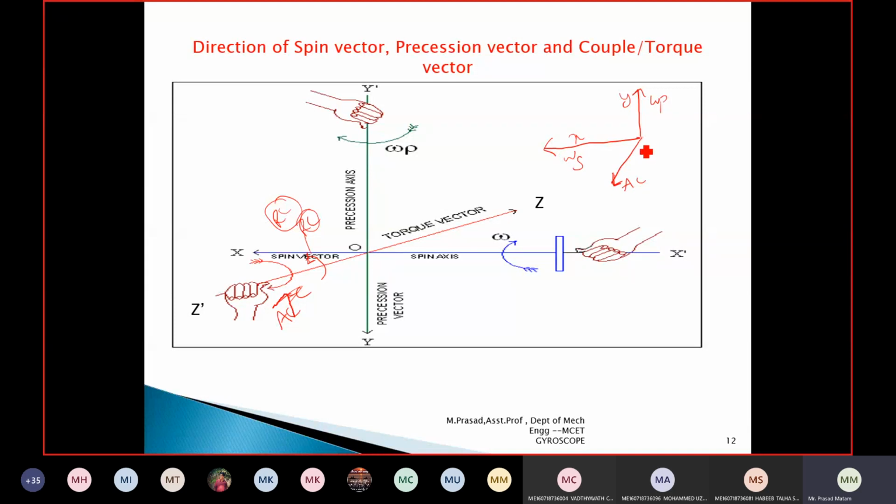To maintain this equilibrium, what are we doing? We try to put one more vector or one more couple, which is acting opposite to the active couple. The active couple is trying to move downwards. I am keeping the reactive couple, which is moving opposite to the active couple. This is the position of the reactive couple. So now this is moving in this direction, which is my clockwise motion. Now this is moving upwards. How can it move upwards? When it moves in clockwise motion. Now this active couple is moving downwards. How can it move downwards?